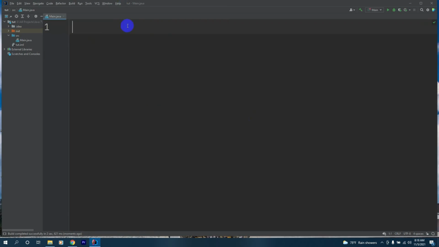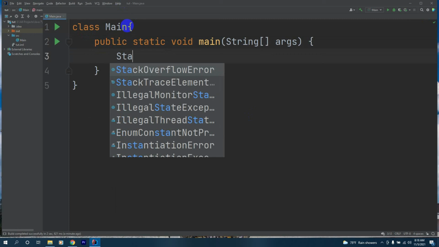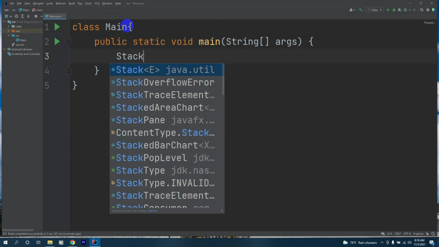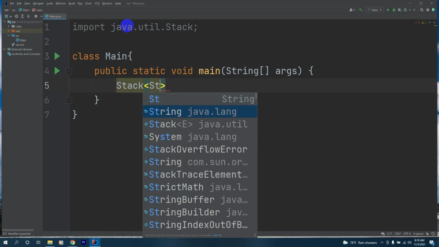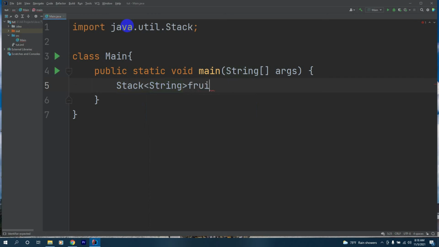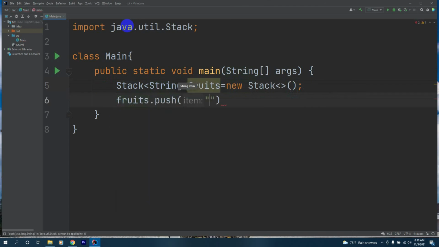Now we'll see another method inside our stack. We'll have a class, class Main, and we'll call the main method, and we'll say Stack, and we'll give this a type of String, and we'll call this fruits. Make it equal to new Stack, and let's add some values for our fruit stack. To add values we use push. So we'll say fruits.push mango,